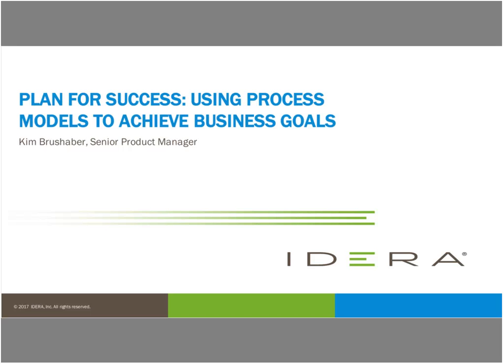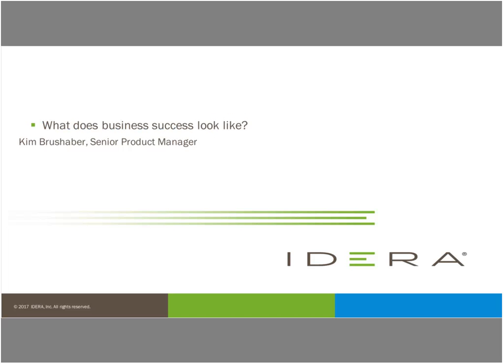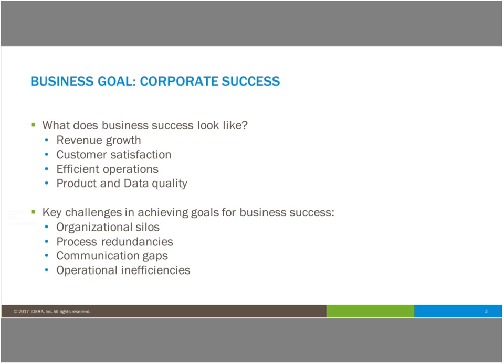So I'm going to start out by talking about how you can use some of your business processes to achieve your goals. So for a business to be successful, it's got to focus on how the company makes money, keeping customers and keeping the market happy, keeping costs as low as possible, and then delivering quality products and making sure that the information that you gather is reliable, which we've used our buzzwords here: revenue growth, customer satisfaction, efficient operations, product, and